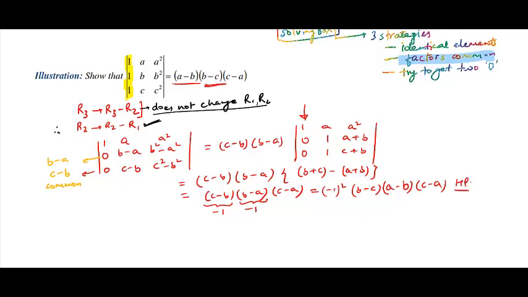So the key idea was observing that whenever you have identical elements in some row or column, you should always look for this transformation. This becomes very important, and try to use them simultaneously, because you can use 2 or more transformations at one time, provided the initial transformation is not affecting the rows and columns of the next transformation. As long as the subsequent rows and columns are not affected, you can use as many transformations as you want. So we now move to the next problem.